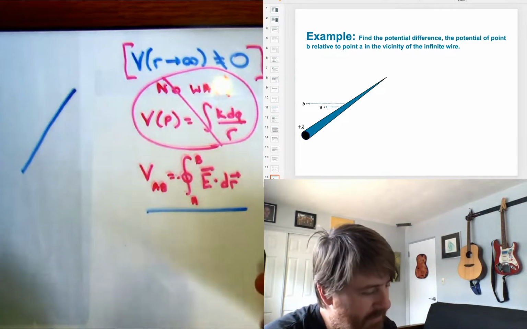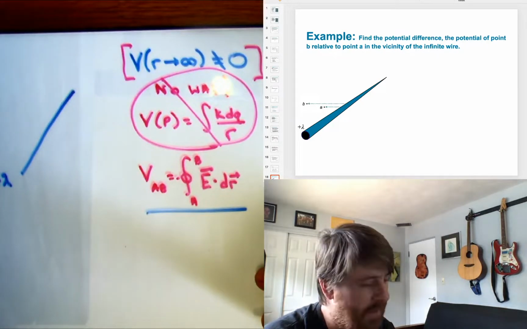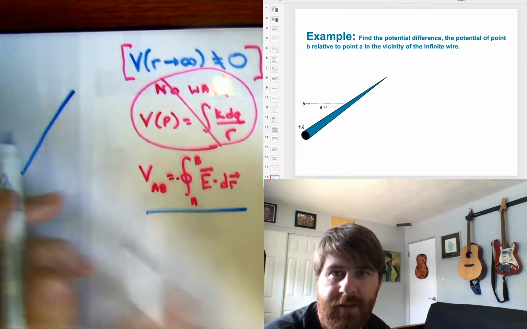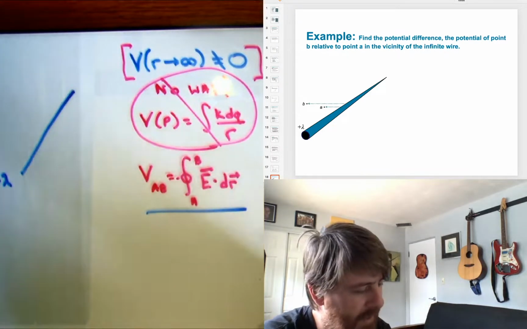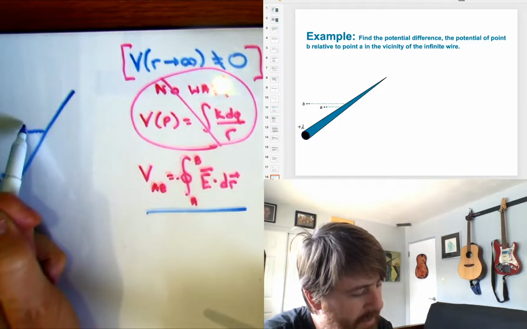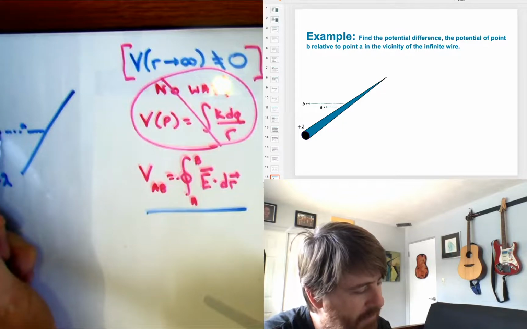Okay, so let's put a charge density plus lambda on the wire, and we want to know what is the potential difference of the point B relative to the point A. So we have a point A, and a little bit further down the road we have a point B,